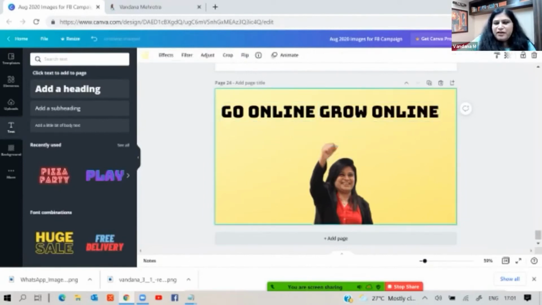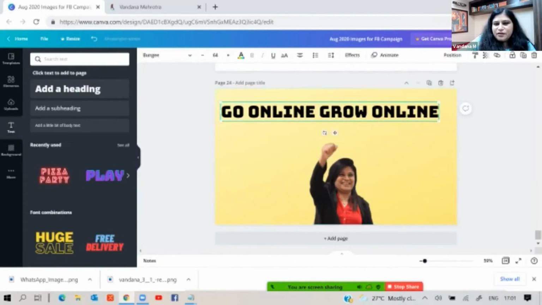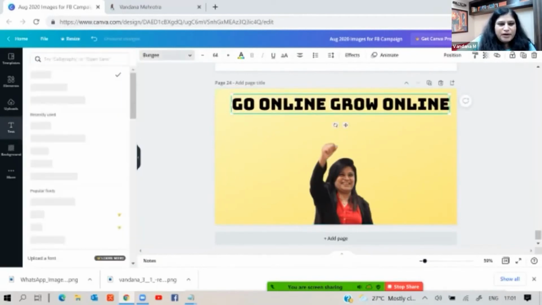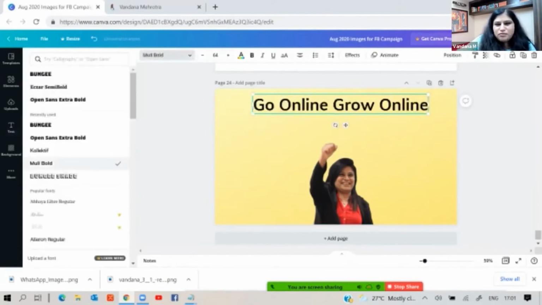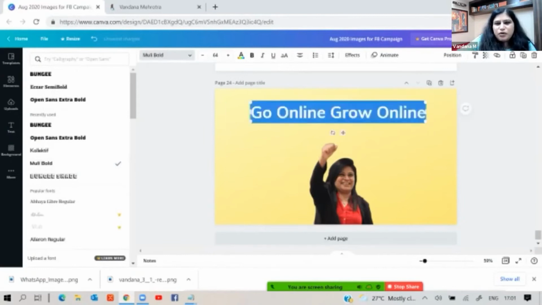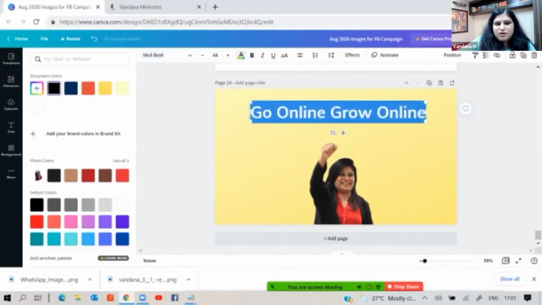Right, so you can get very creative with Canva. Okay, I don't like this font, it's too bright, so I'm going to change it to something else and see how it looks. Yeah, maybe this is fine. I want to change the color of the text. I want to make it blue. Here is the text button. You just simply go and make it blue, or whatever color you prefer. Maybe say red.